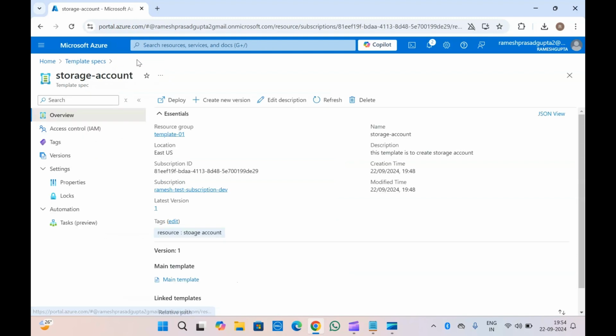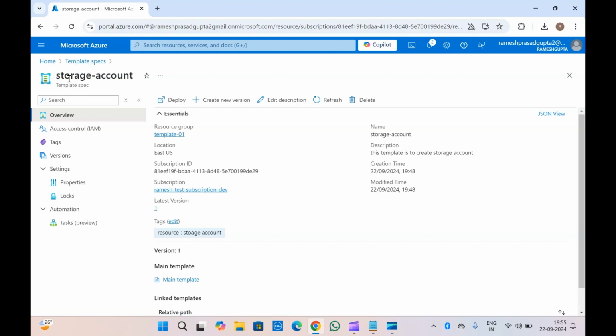so that this will help you to create the storage account directly from portal based on your template. So this way you can use the template spec to repeatedly create your resources inside Azure portal, and you can also provide RBAC permissions, so that no unauthorized person can change your templates or can delete your templates or even make any changes. Okay, so this is also secured, and this also works as a remote repository, and you can also enable the